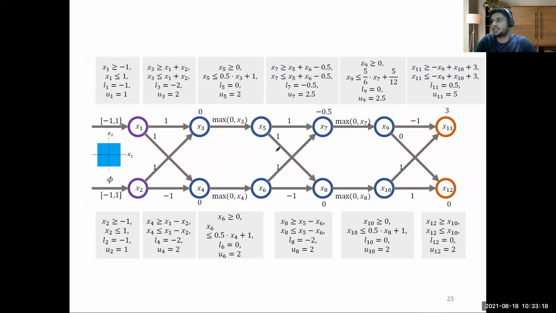So yes, it's the same thing. We propagated and populated the constraints for neurons in every layer, and we stopped here, which is our final layer. Now when we say that we want something robust, that means we want x11 to always be greater than x12. Ideally, if you look at the bounds for x11 and x12, just looking at the bounds, you are not getting what you are expecting.